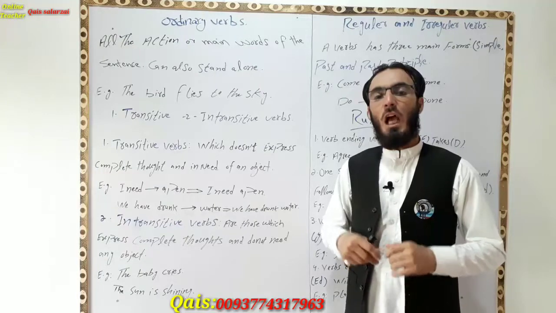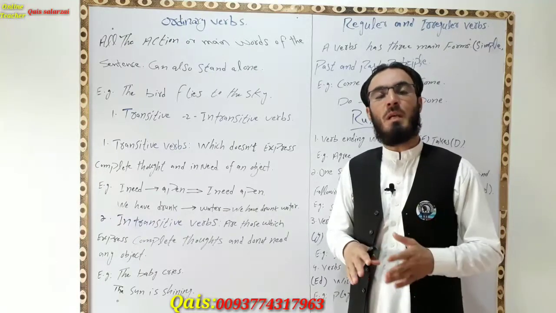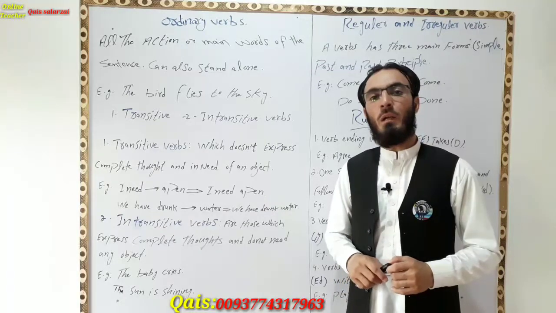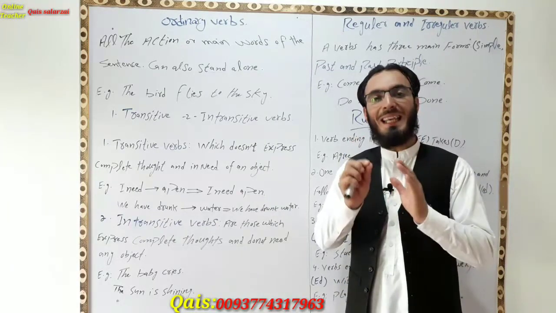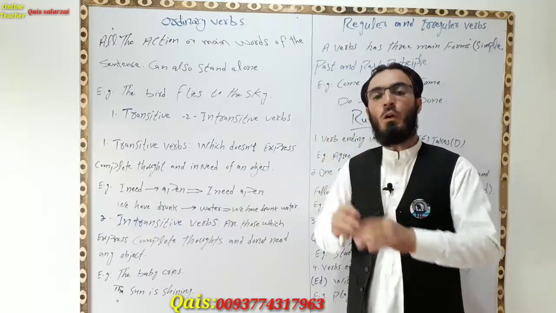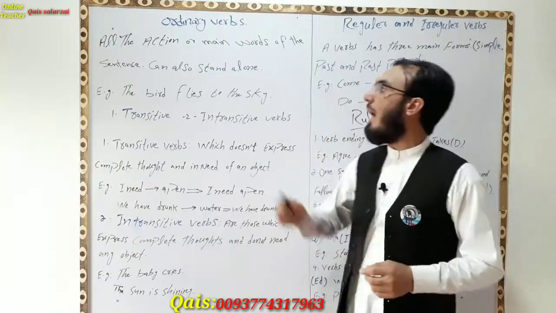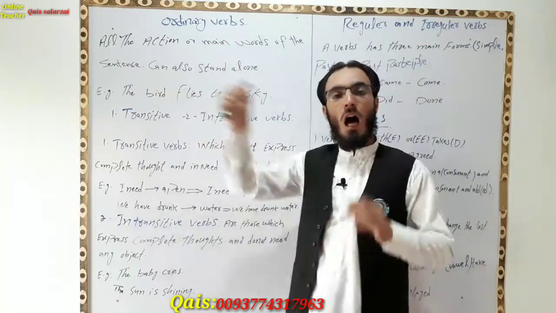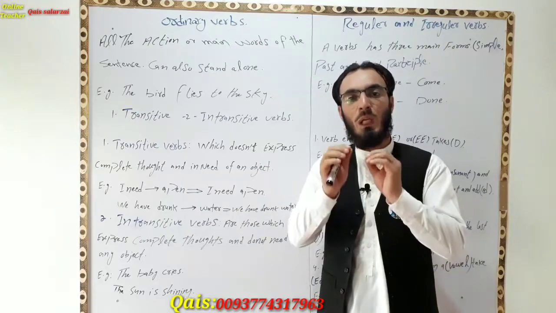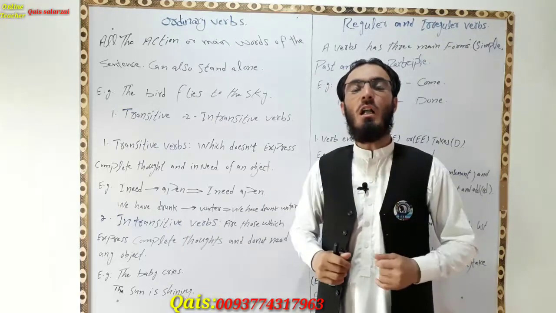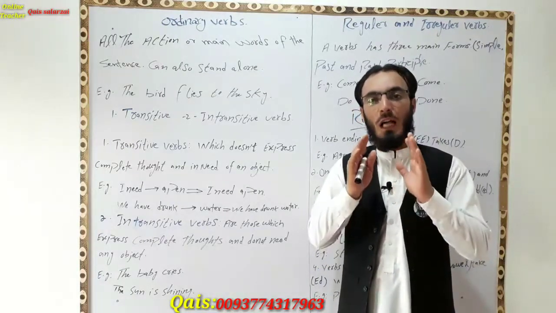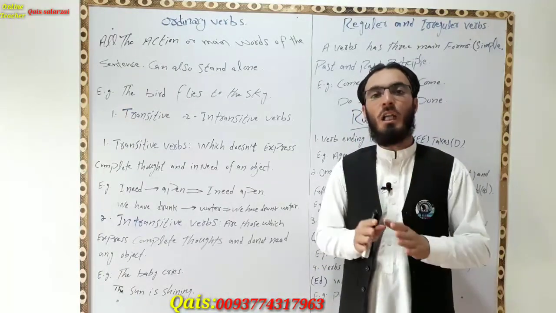Some say the action word, some say the main verb, some say the things that we are doing in our daily life are called ordinary verbs. But what we have brought to you is the exact summary of all those definitions that the scholars and many English teachers have told us. Ordinary verbs are all those action words in a sentence that we produce. This is called an ordinary verb. It means the action or the main word of a sentence is known as an ordinary verb.